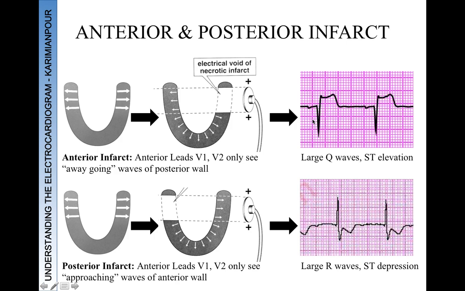In a posterior infarction, if you were to knock out the posterior wall and the lead only sees the depolarization in the anterior wall coming towards the lead, and there's nothing in the posterior lead to negate it, and it doesn't see anything going away from it from the posterior lead, then you have a positive deflection, these R waves, large R waves, and then the ST depressions and ST elevations are as a result of the repolarization abnormality